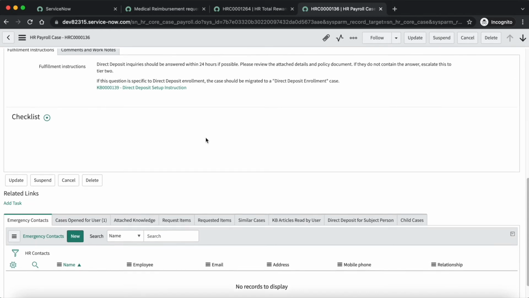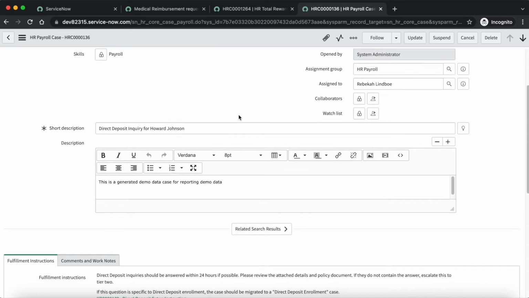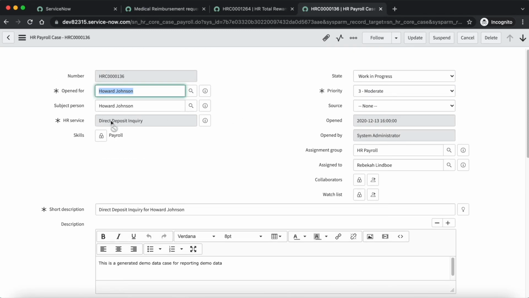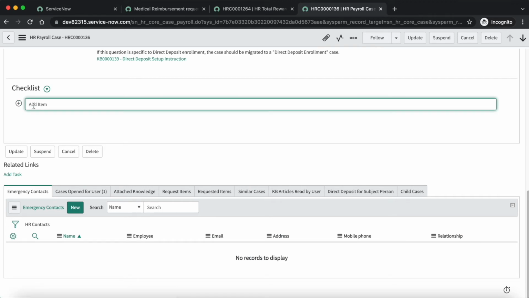So here you can see that this HR case doesn't have any checklist configured, and the HR service is direct deposit inquiry. So let's here add a checklist.